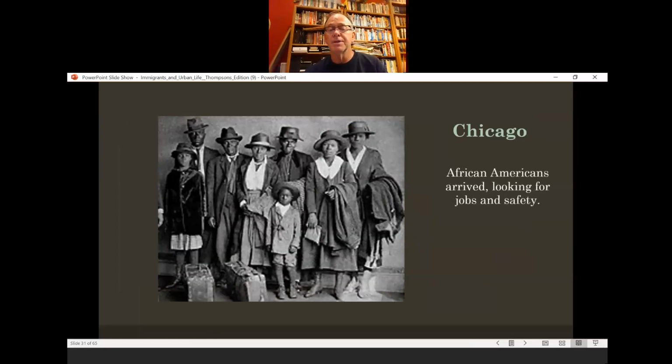And this is a picture of a black family, an African American family that is moving in. And something I just want to point out to you is back then, people didn't have many opportunities to pose as a family for a photograph. So almost always when they did, they wore their very best clothes. So just to look, and you can tell this family is doing their best. Their clothes are clean. They're tidy. They may not look like today's clothes, but that's just the difference in styles from back then.